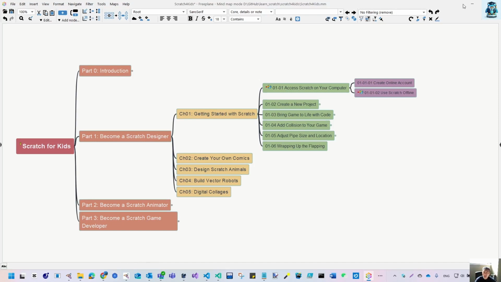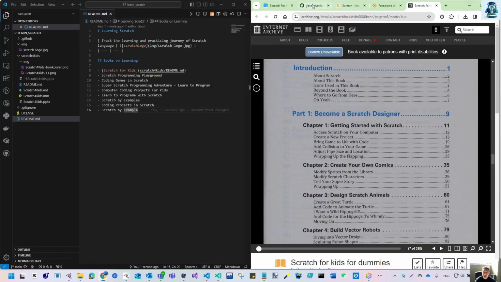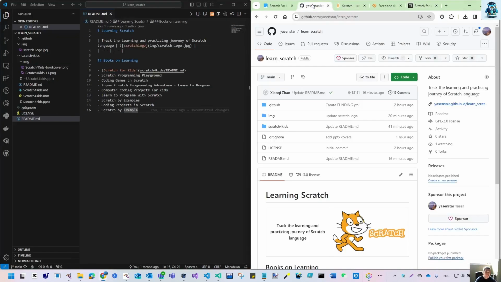And then let me introduce this GitHub site. On the left I use VS Code. If you know that, that will be perfect. But for this book, you don't need to code in this VS Code editor. We use Scratch. But I put the information link to this repository, which I put